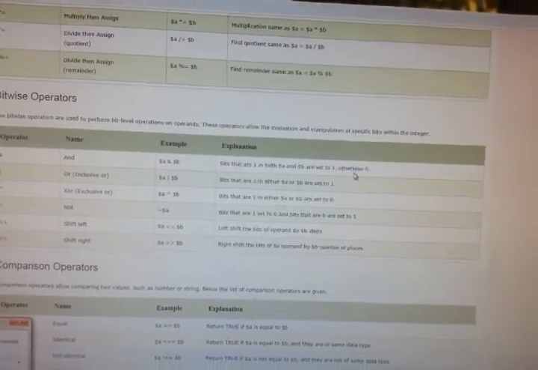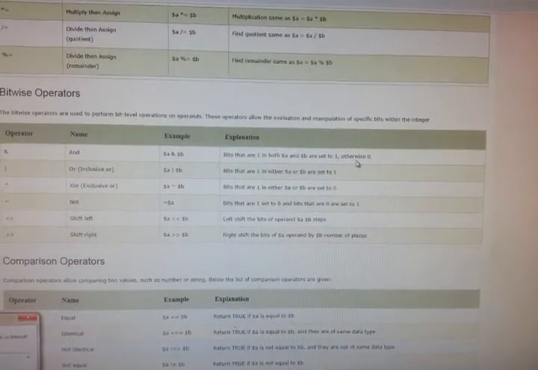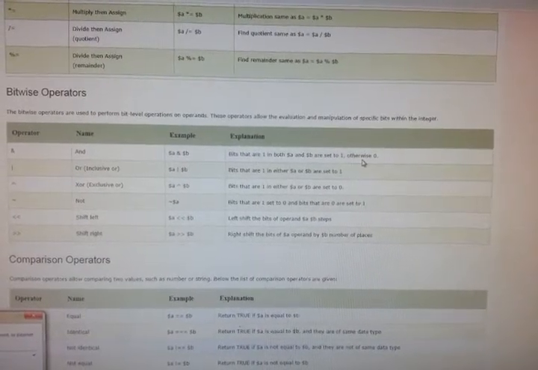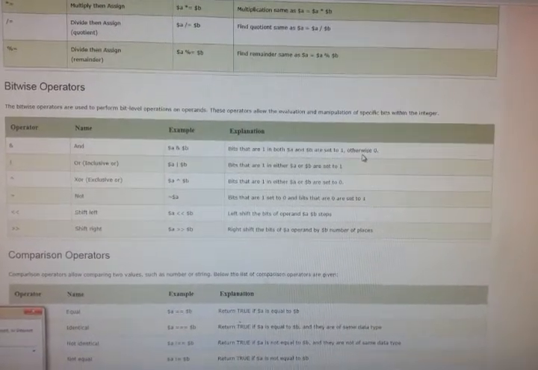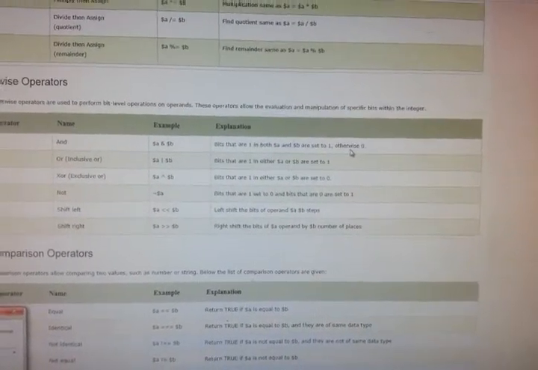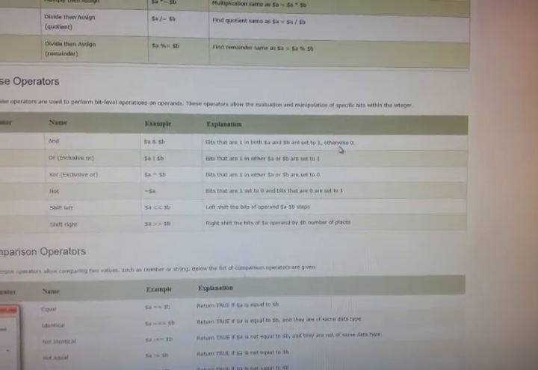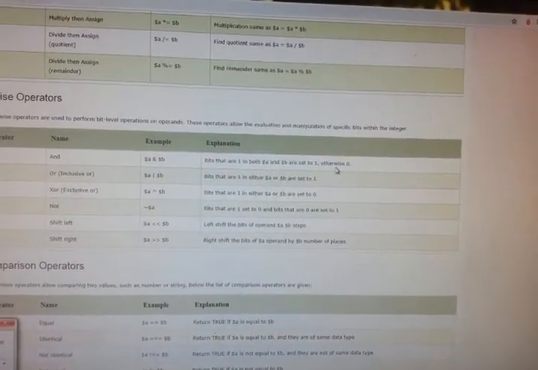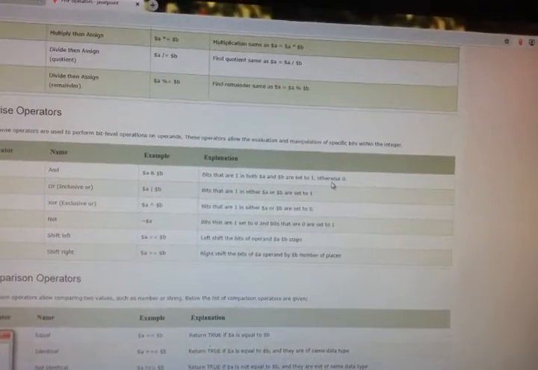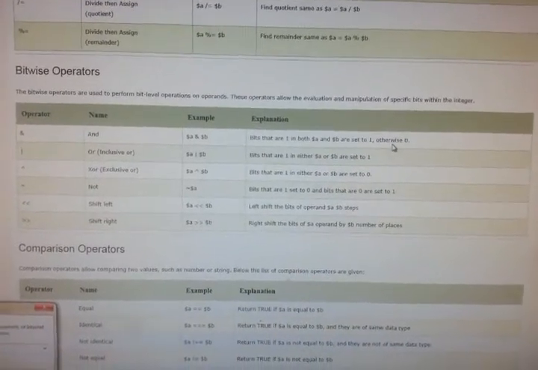So 1 into 1 will get 1. OR is like addition. So if in $A you have 1 and in $B 0, then 0 plus 1, the output will be 1. In the previous session, in the video, we have seen the truth table of AND and OR. Similarly, that is applicable here.